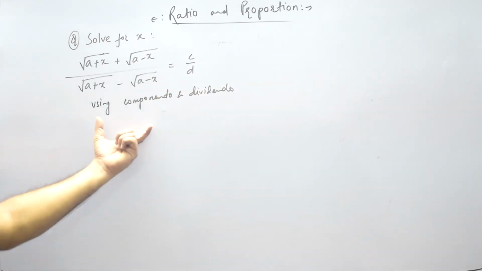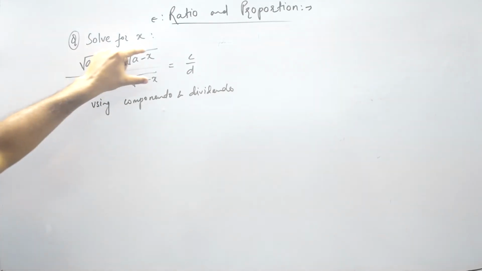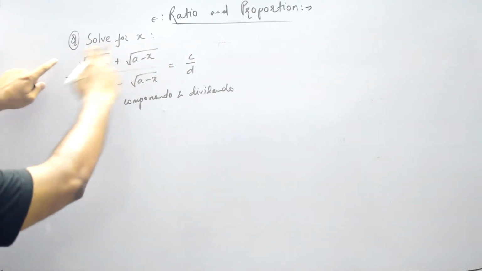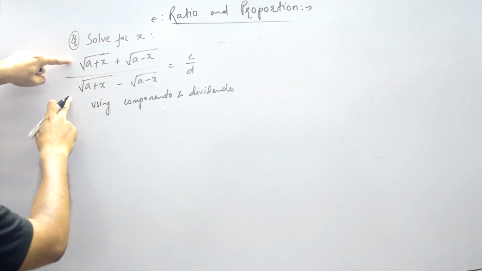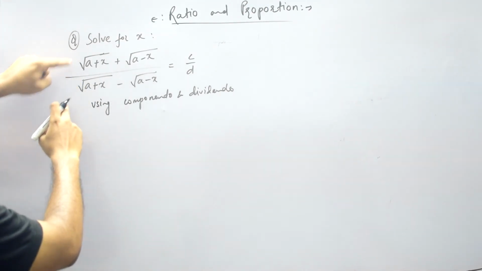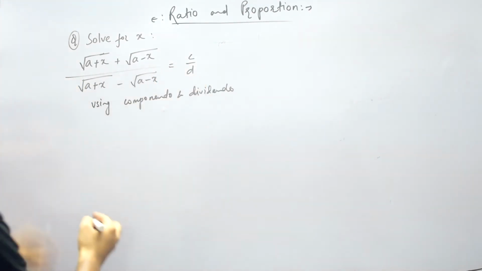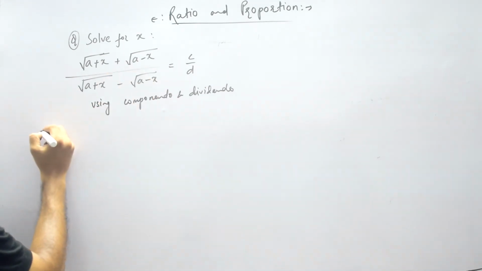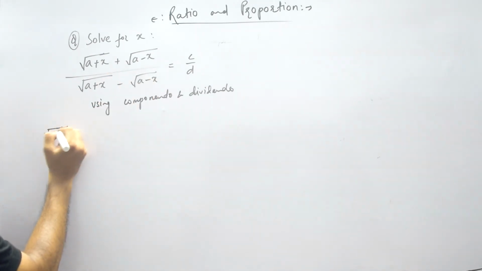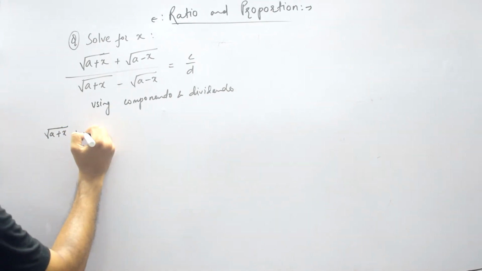Okay, now what was componendo dividendo? If two ratios were equal, then in the numerator we had the sum of this and this, and in the denominator we had the difference of these two, and here also the same thing. Okay, so once we use componendo dividendo, we can write like this: root over a plus x plus root over